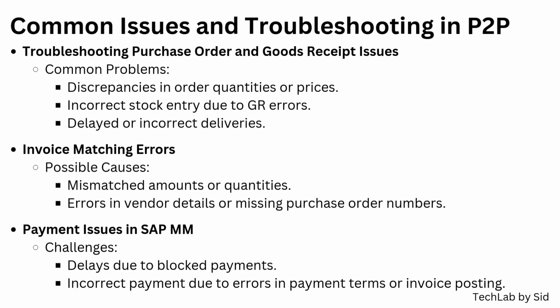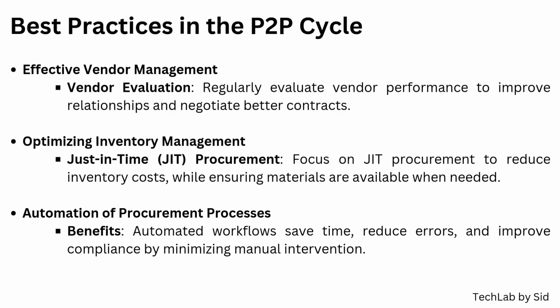Payment issues can arise from blocked invoices or incorrect payment processing. Delayed payments can occur if invoices are blocked due to discrepancies or missing data. To resolve this, use transaction codes like MRBR to review and resolve blocked invoices, ensuring all required documents are matched correctly before processing payment. Best practices in the P2P cycle include effective vendor management, optimizing inventory management, and automation of procurement